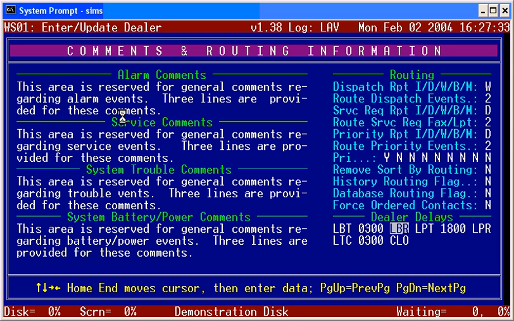This is a very, very nice feature when we're dealing with problem times, large system outages, and things like that. I can go in here and nominate, and by the way, this is dealer by dealer, to put these signals away for a certain period of time before they ever try to get to the traffic display. And if they're satisfied, in this case, the low battery trouble is satisfied by a low battery restore, that signal never goes to the traffic, it's never seen by the operator, and appears in the history as an L-T,